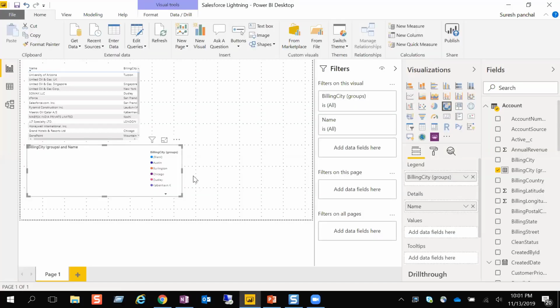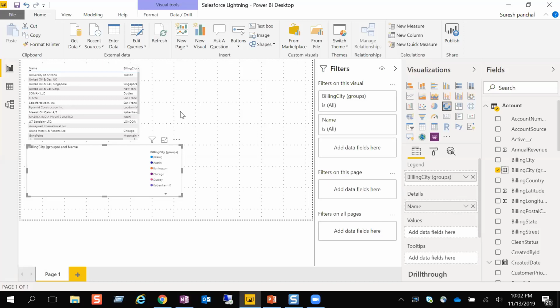Let's say you have used an Excel file published on OneDrive, and that OneDrive source you have connected in your report, and that report is published in your workspace, and that workspace report you are sharing in your